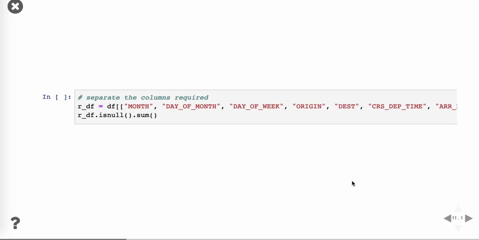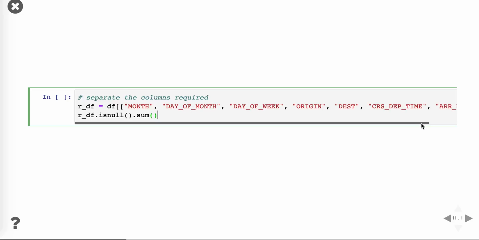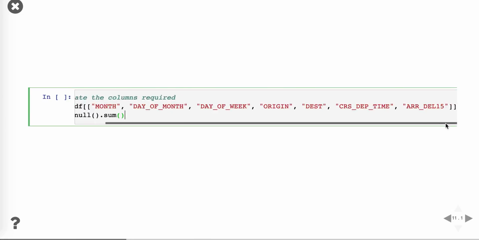And moving on, for this machine learning model for predicting the flight arrivals, we don't need the entire information. We just need the month, the day of the month, the week, origin and the destination, I mean from where the flight is getting started and the destination, and departure time and arrival time. So these are the values we need for predicting with our machine learning model.